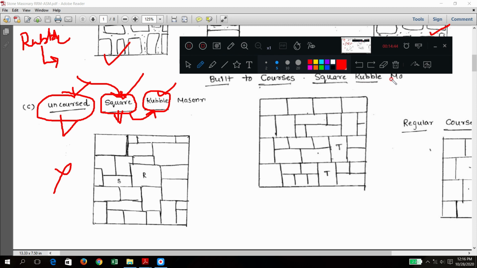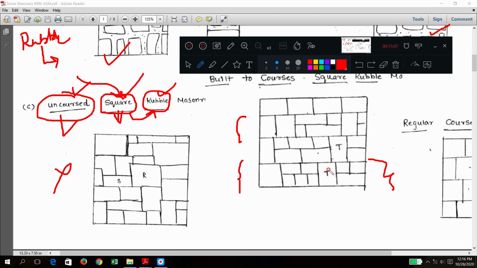Built to course. Built to course means what? Whatever the available stones you have, in square, you are making one course and another course, a third course, like this. But here all the course heights are not the same, and in one course two stones are coming and one big stone is coming.